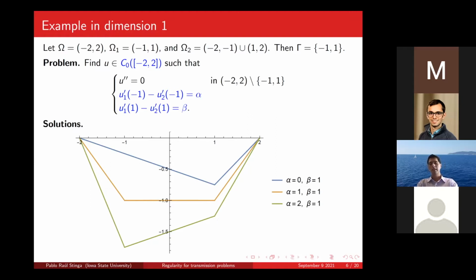First of all, it says that for the transmission condition to be meaningful, right, this alpha and beta have to be non-zero. Because if alpha is 0, then the function will be differentiable across. So there will be no angle. It will be just a harmonic function across. So we're going to assume that alpha and beta are not 0, right? So you have an angle.